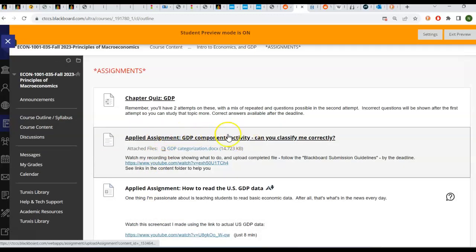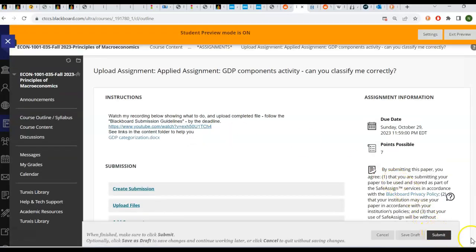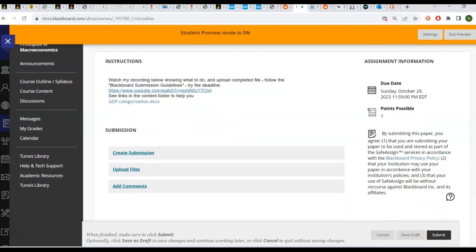So here we have an applied assignment. In this one, you're going to categorize different GDP components based on some circumstances I'm going to give you in the file here. There's an accompanying recording I made. So to upload this one, you would click on the link. And then after you write up your submission, let me actually just go back and show you that one again. So in this file here,